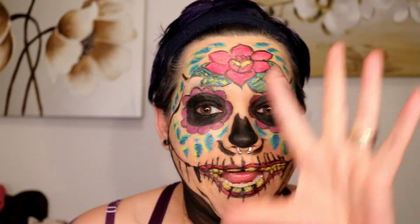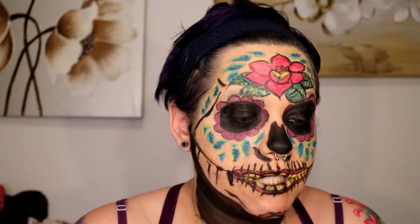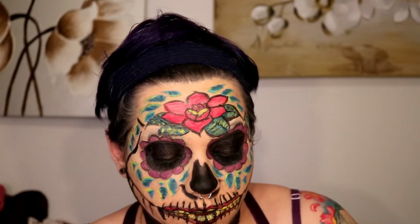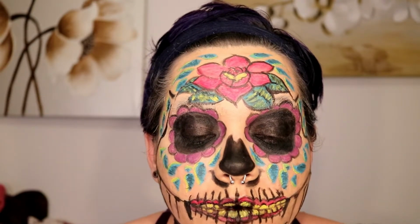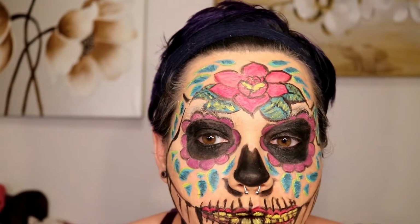Okay, so now comes the bit that I've been pretty keen on doing. I don't have super tiny ones. I've got big ones and then tiny ones of these little sequins. Got them at the dollar store, $2.50. Basically, you pull it off. Oh, you've got to pick which colors you want. Oh, my knees hurt so bad. Okay, so basically what you do is you pick the color that you want and then you bung it on your face. Alright, so I'm going to go with...